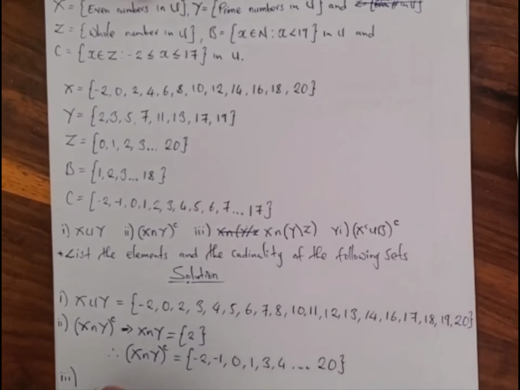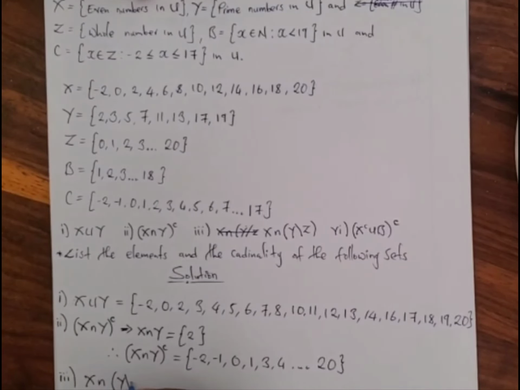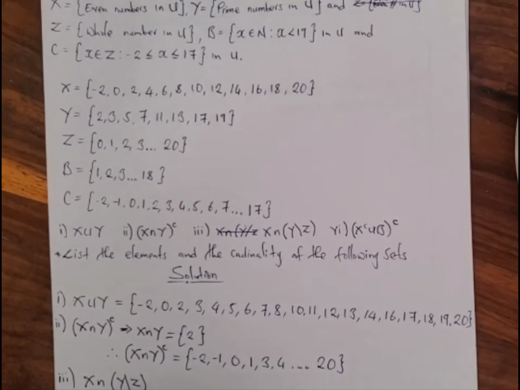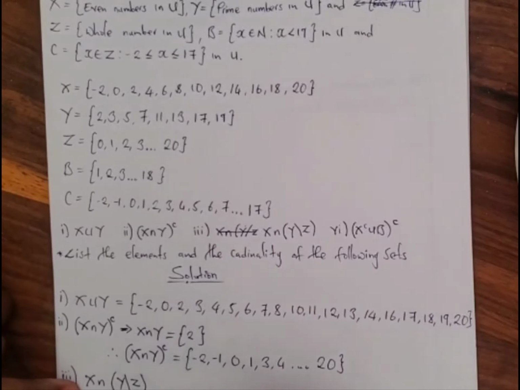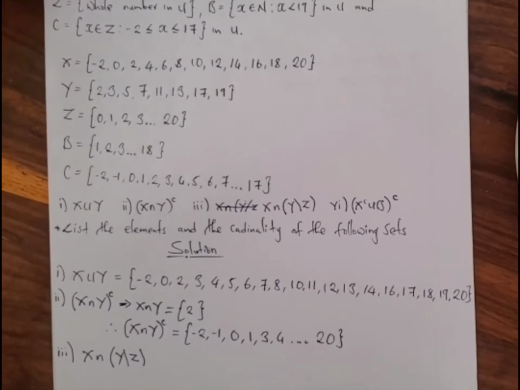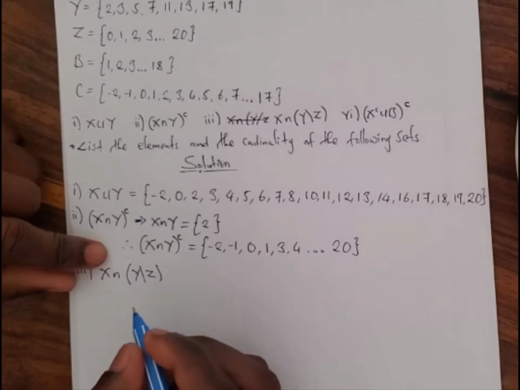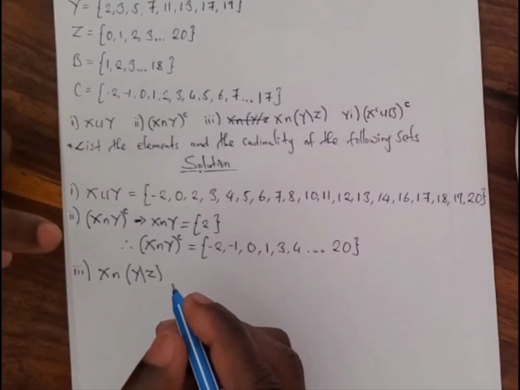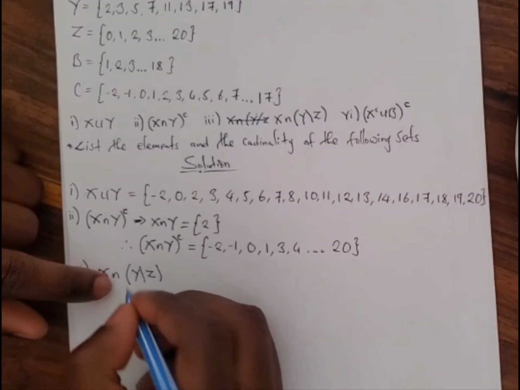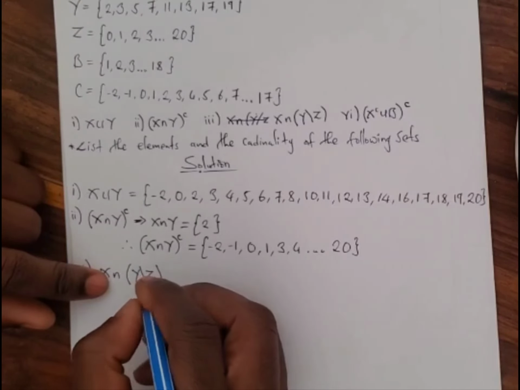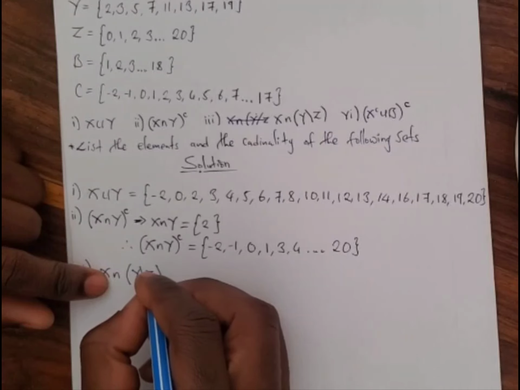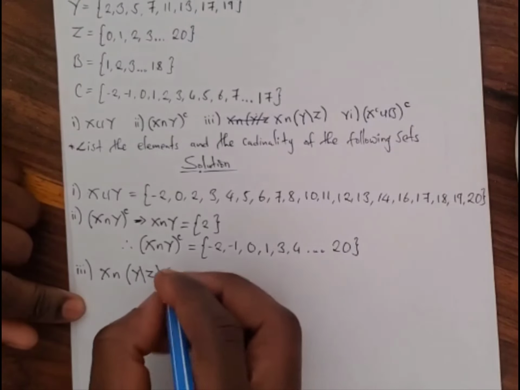We move on to 3. X intersection Y symmetric difference Z. You might ask yourself, what does this symbol mean? This simply means symmetric difference. What do I mean by symmetric difference? You're just subtracting elements in Z from Y. So what I mean is